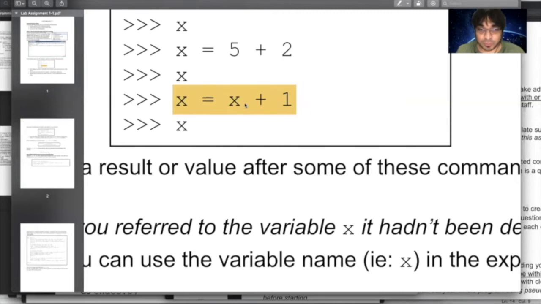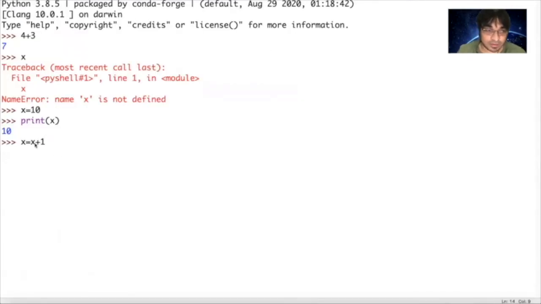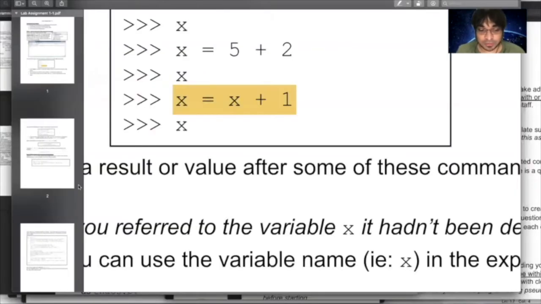So what we expect to happen here is we take the value of x, add 1 to x, making it 11 at this point, and then assign that value back to x. If we do that, and then print x, we see that the value of x has become 11. This is actually covered in great detail in the book. So you should always refer to the textbook whenever in doubt. And we are always here also.